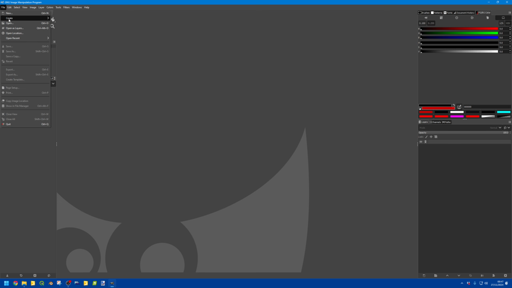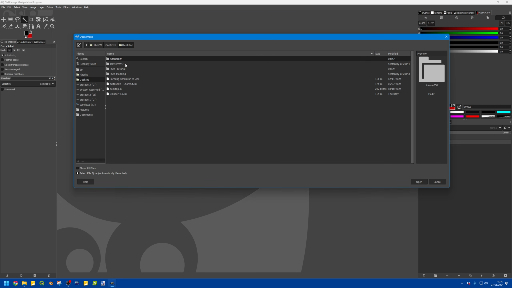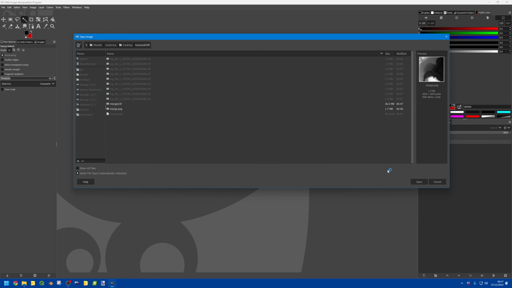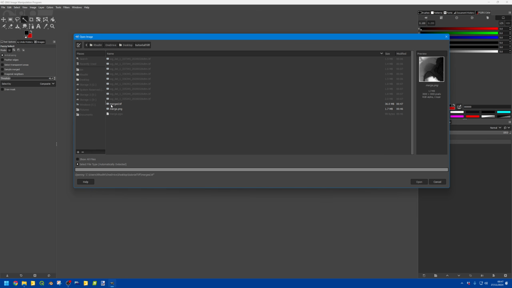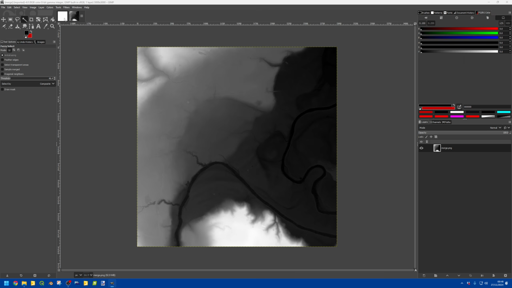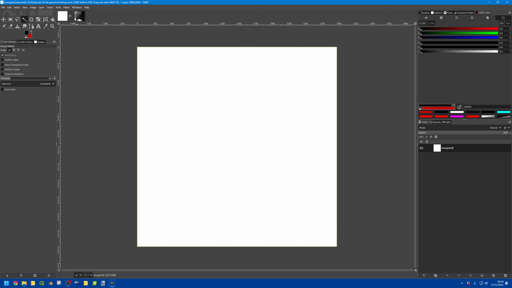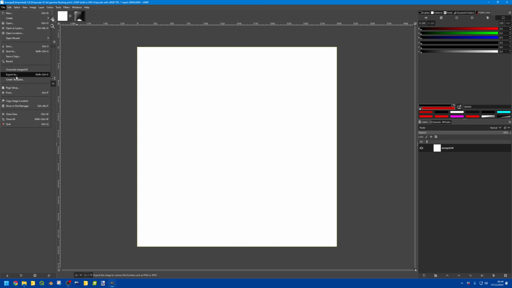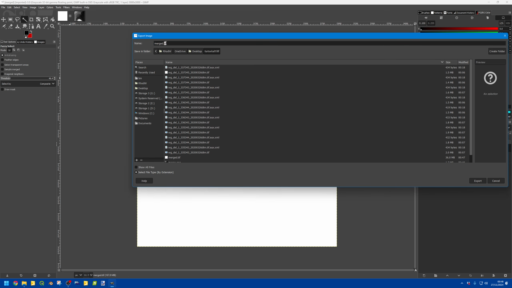We go File, Open, Desktop, Tutorial. You can, and they both work in here. I just don't know how you export the TIFF file from here, which is this, to get it to show like this in GIMP. I don't know if you can export this one here as a PNG,